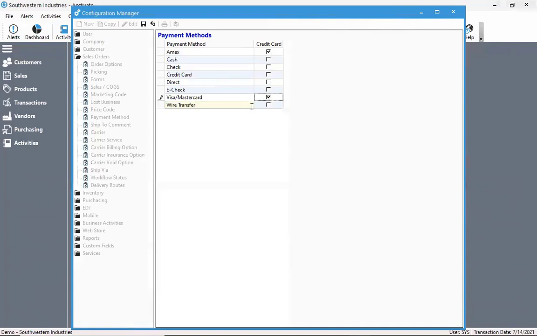If you don't have a credit card processor configured, you may still want to identify which of these payment methods are credit cards, because as I mentioned earlier, credit card information can be saved in Acctivate for a customer. And you can also save a preferred payment type. And if you have credit card information saved for a customer and their preferred payment type is defined as a credit card,